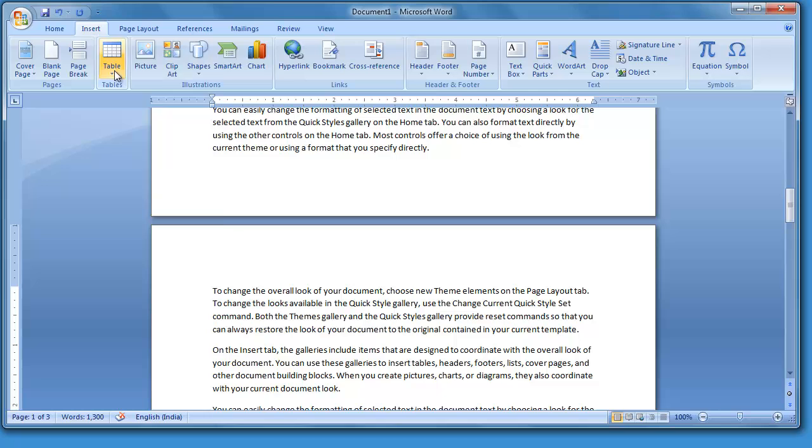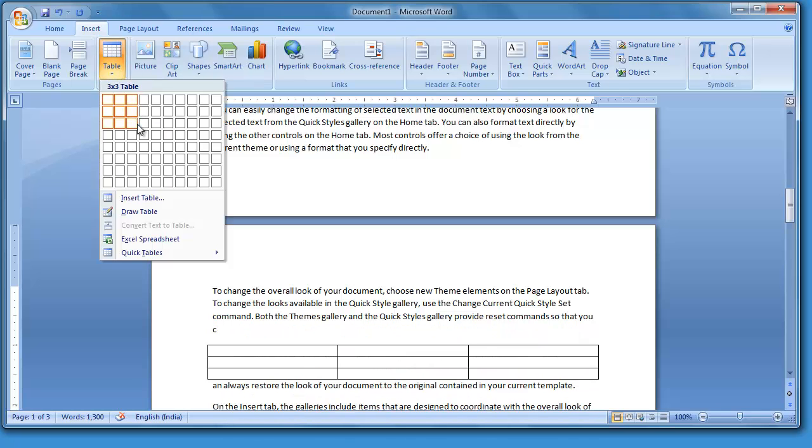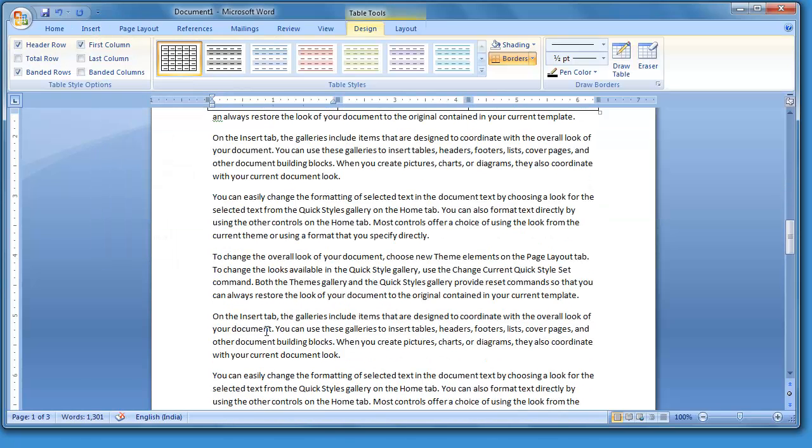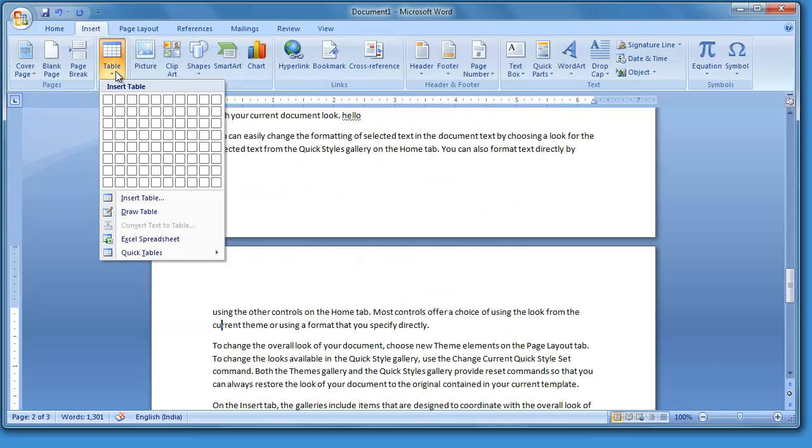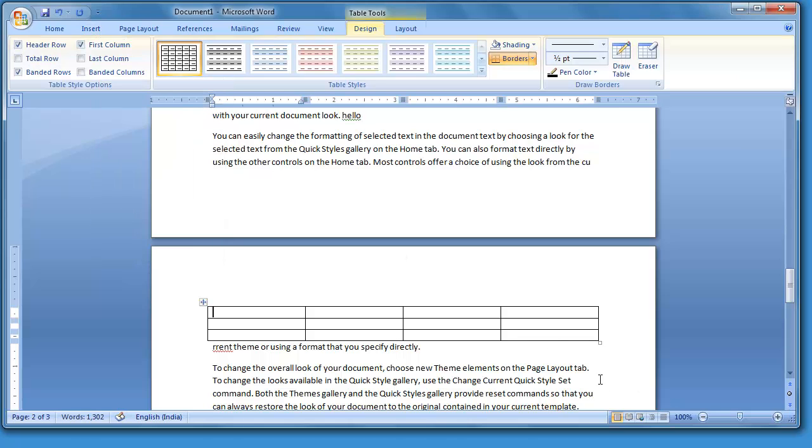Then you go to Insert and Table. I am typing a 3 by 3 table. Okay, I went to the third page. I am inserting a 4 by 3 table. Okay. Now if you want to move table by table,